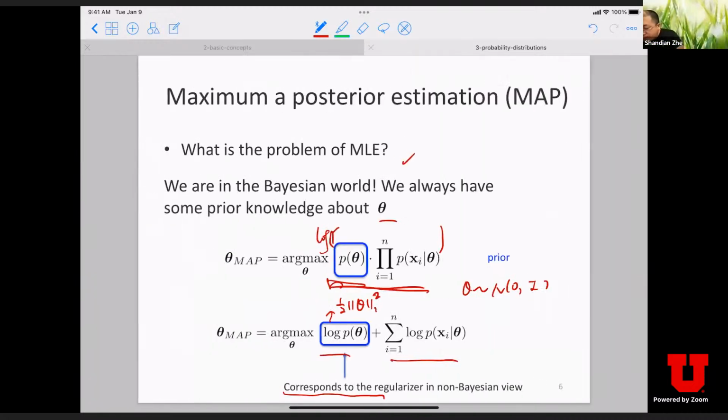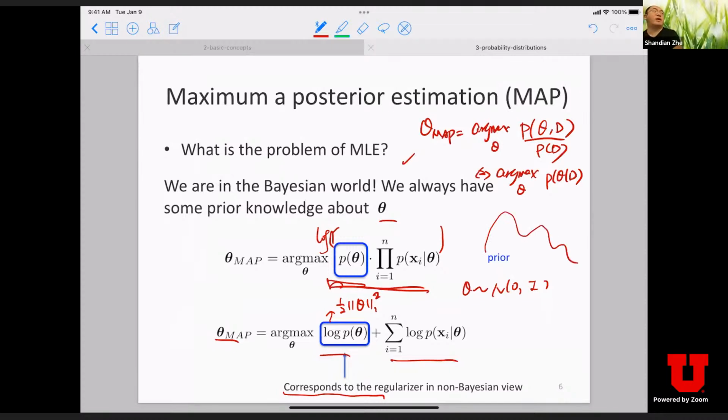If we take a look at the MAP estimation here, this is essentially a point estimation. Sorry, let me actually use argmax theta. This is essentially the max of the joint probability of theta and D. If you divide this by P(D), it doesn't matter, because it's divided by a constant. So MAP estimation is equivalent to maximizing the posterior distribution density.